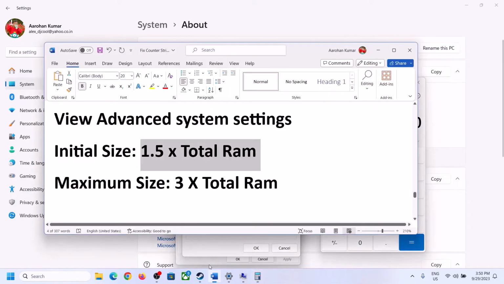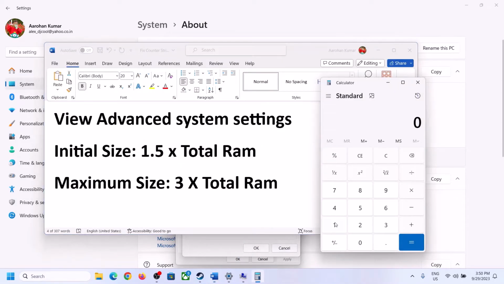it's 1.5 into total RAM. Total RAM in my case it's 16 GB. So 16 into 1024. 1024 is actually 1 GB is equal to 1024 megabyte. So 16 GB in megabyte will be 16384 into 1.5. 1.5 into total RAM. This is my total RAM in megabyte. Now 1.5 into total RAM, that is into 1.5. So in my case initial size is